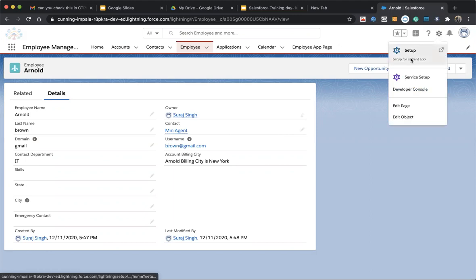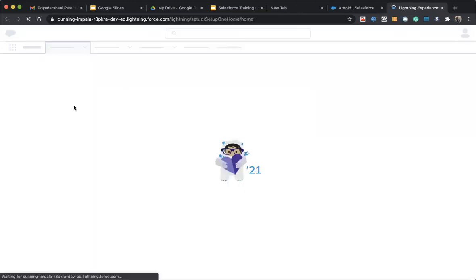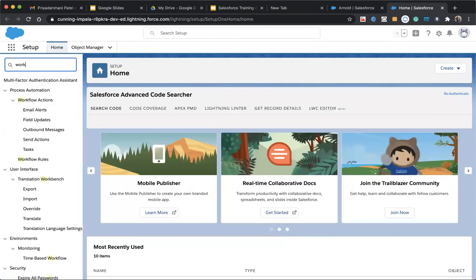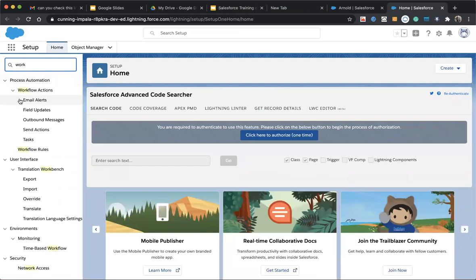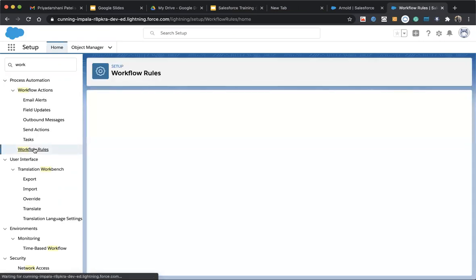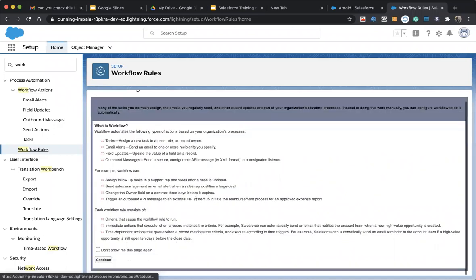It's not just any kind of automation, only four things are provided in the workflow. Either the user can do a field update, or send email messages, or create a record, a task, or an outbound message.